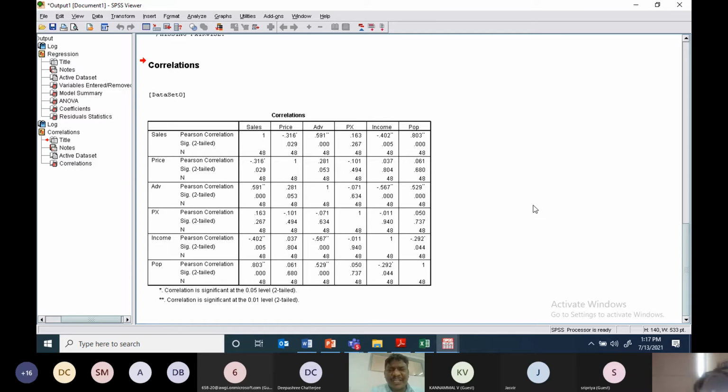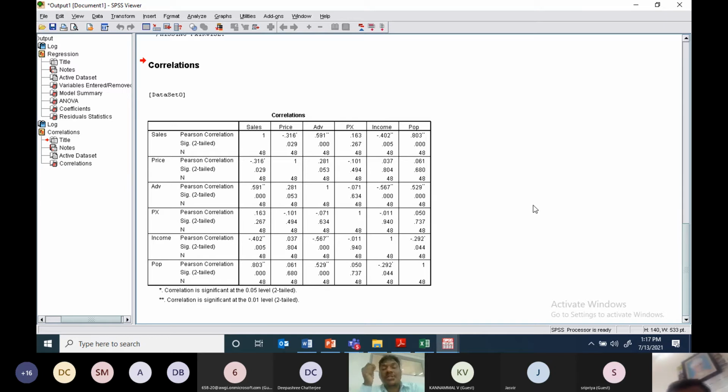Let's say advertisement and price are correlated. What is the problem? My dear participants, please tell me. Price and advertisements are correlated. What is the actual problem? Other factors may also. Madam, please get the point. Advertising cost is also included in the price, sir. That's what I'm telling. When the price and advertisements are correlated with each other, that is called multicollinearity.